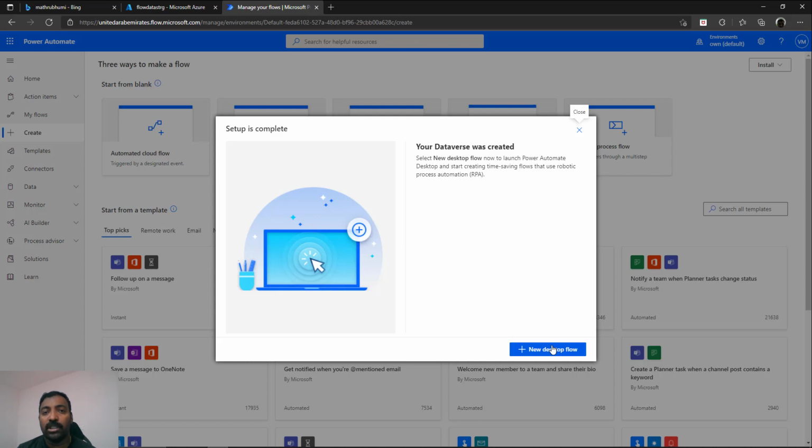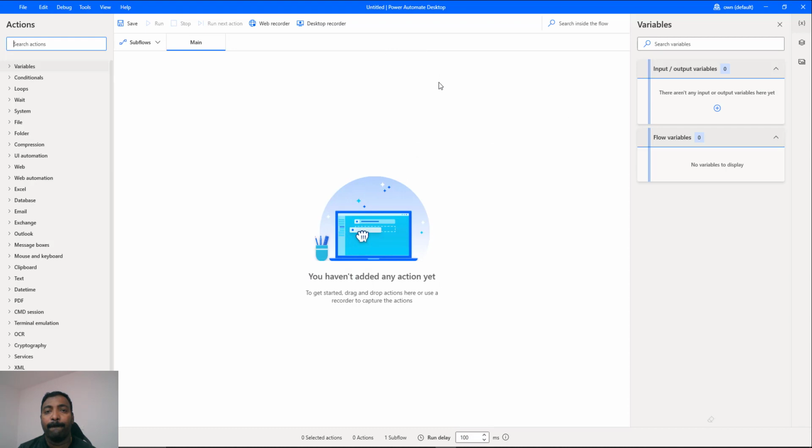If you have not created this trial and want to use the free version, it will ask you to download or launch the app. Once you click on that, the first time it will do the installation, and in later cases when you click on it, it will launch the desktop app. Once you open the desktop app, it will look like this. This is an app within your computer itself which you can launch.